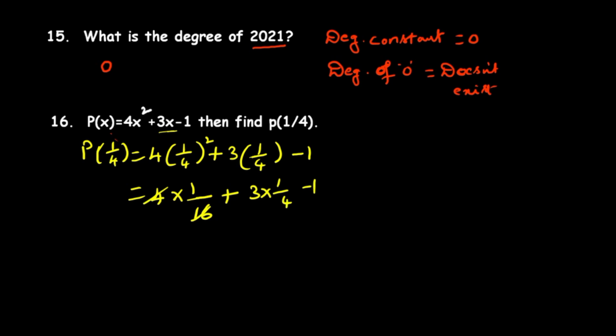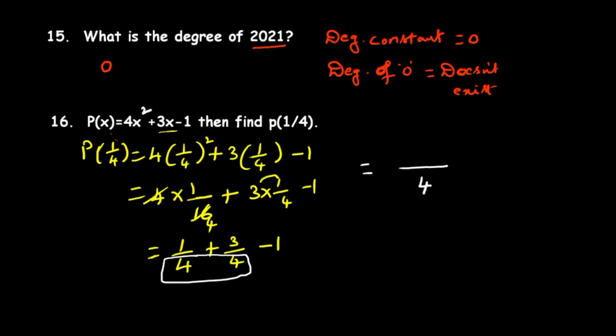4 and 4, 4 times get cancelled, then you can see here this is 1 by 4 plus 3 ones are 3 by 4 minus 1. So you can observe in the denominator we have the common denominator, that is 4. Okay, so what you write here, you can write now that equal, the common denominator is the 4 and both numerators you can add. So 1 plus 3, here we have a minus 1. Okay, so that equals 1 plus 3 is 4 by 4 minus 1.